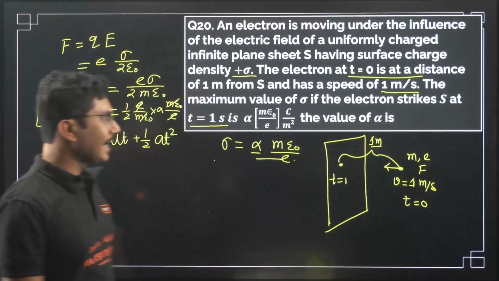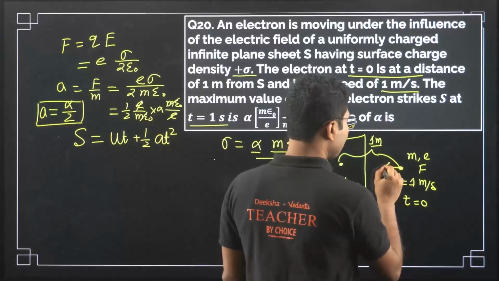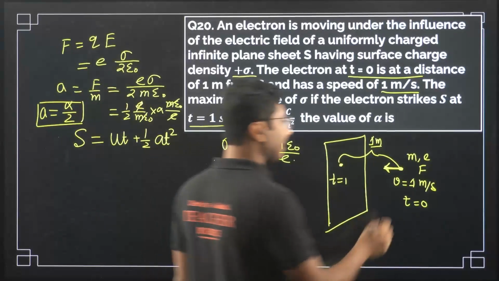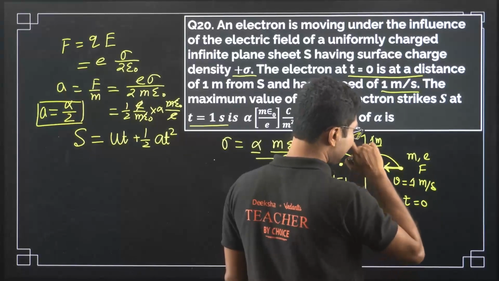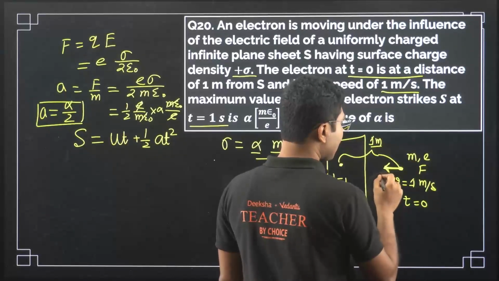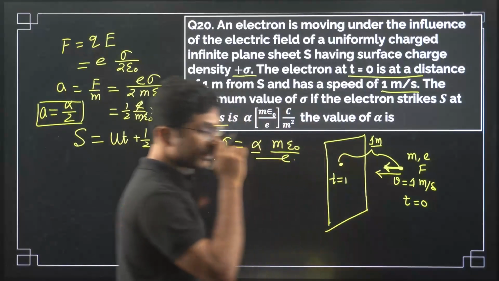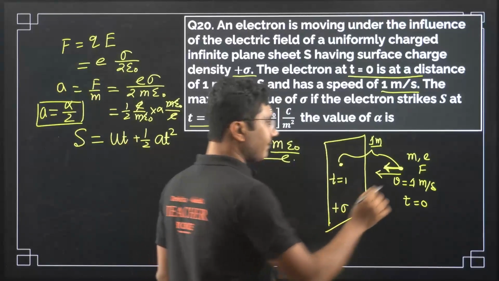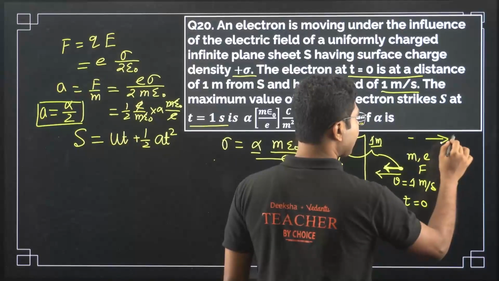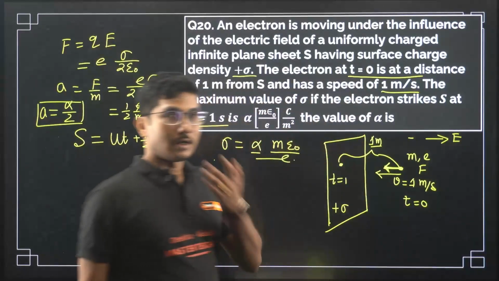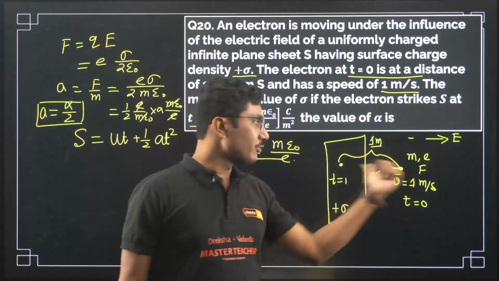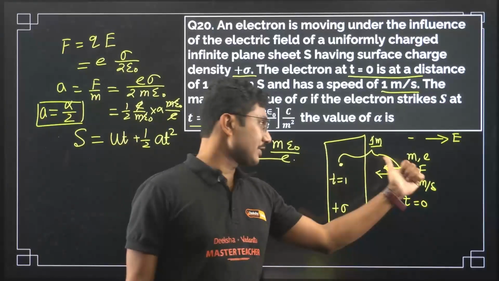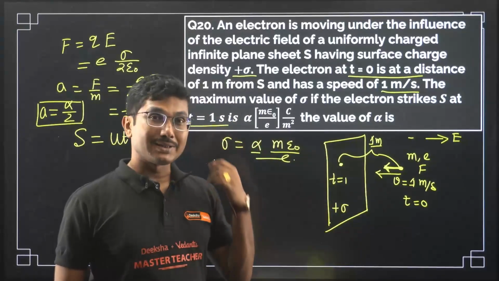Now remember that in this case the electron is moving in this direction. The force acting on this electron, also electron is basically negative charge. So negative charge means force will be opposite to that of the electric field. This is a positively charged plate, so electric field will be in the outward direction, right? So negatively charged particle moves in the opposite direction, right? So velocity is in this direction, acceleration is also in this direction, but the displacement